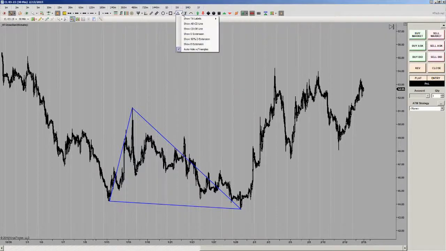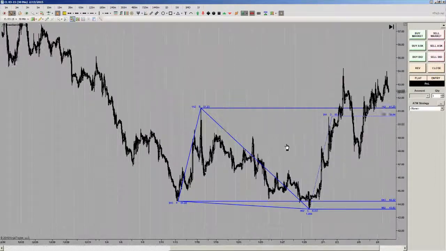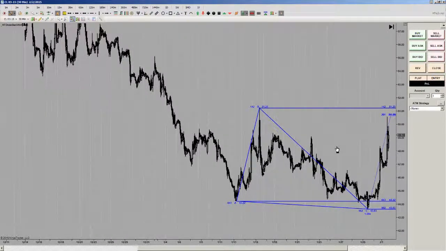The triangle has the same type of features built into it. I can extend my lines off of each of the points that I've drawn. I can show my A, B, C, D. So A, B, C, up to D. I can show my D extension so that it extends D across so that when I am here,